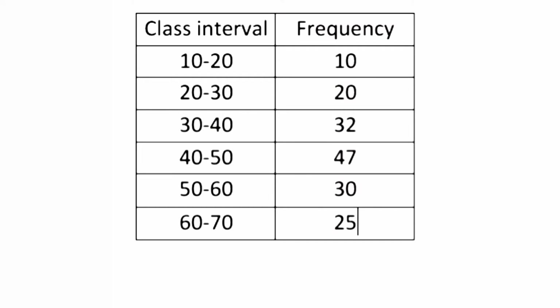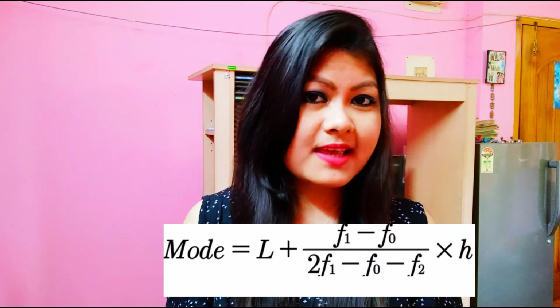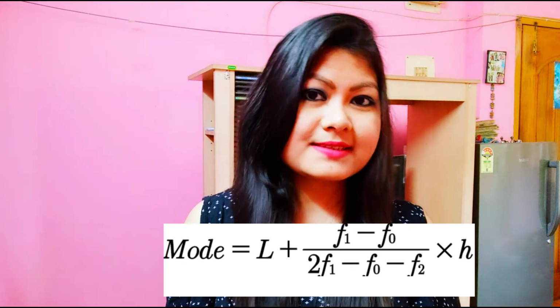When frequency is given along with the class interval, first of all we find out the highest frequency value. Here 47 is the highest frequency value. Then we use the formula L + (F1 - F0) / (2F1 - F0 - F2) × H, where